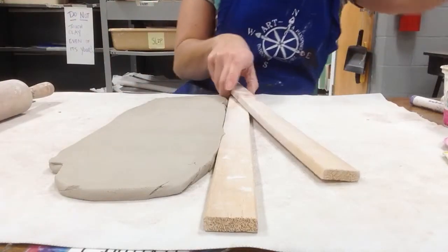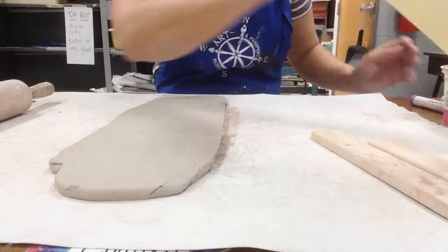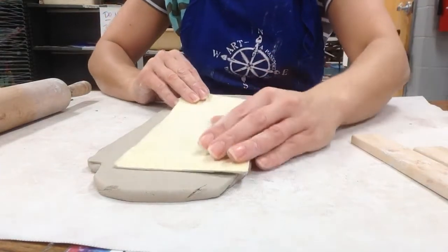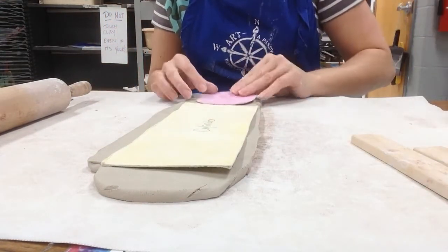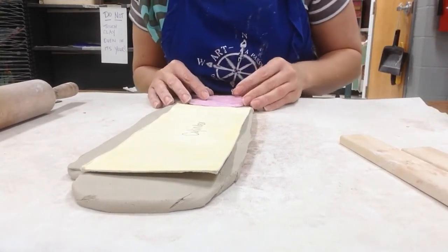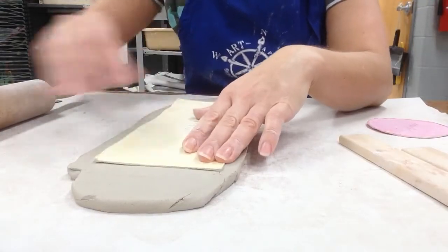So I'll get these boards out of the way and then set my pattern pieces down on top. And I can get the rectangle for sure, and I can also get the cylinder, but I'm going to show you what to do if you can't get both pieces out at the same time. So I'm just going to move this down a little bit,